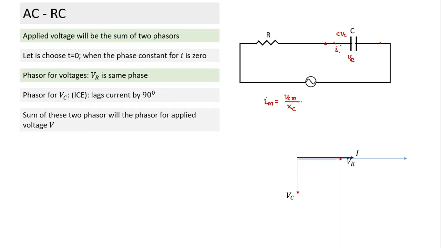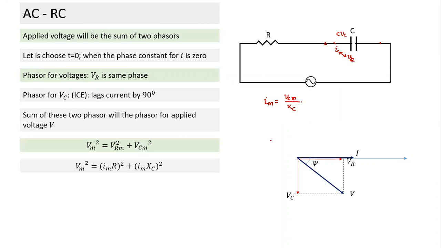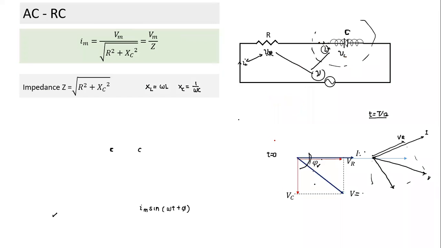And what was the phase between these two? If voltage is varying as a sine function, current also varies as a sine function. But will they be in the same phase? No. Current will lead by 90 degrees at all instants of time. That's what we are discussing. Okay, so I hope this is clear.